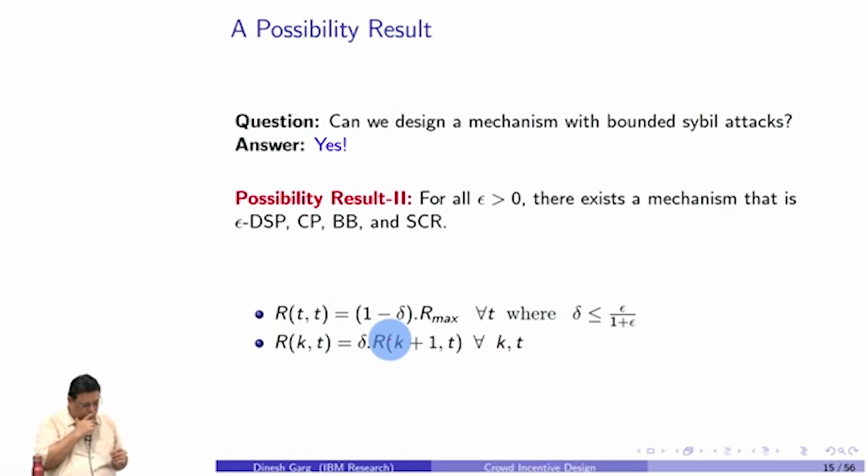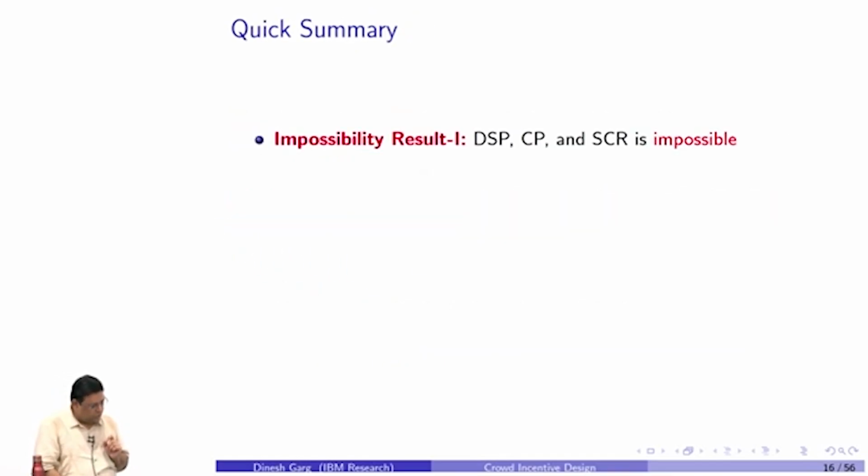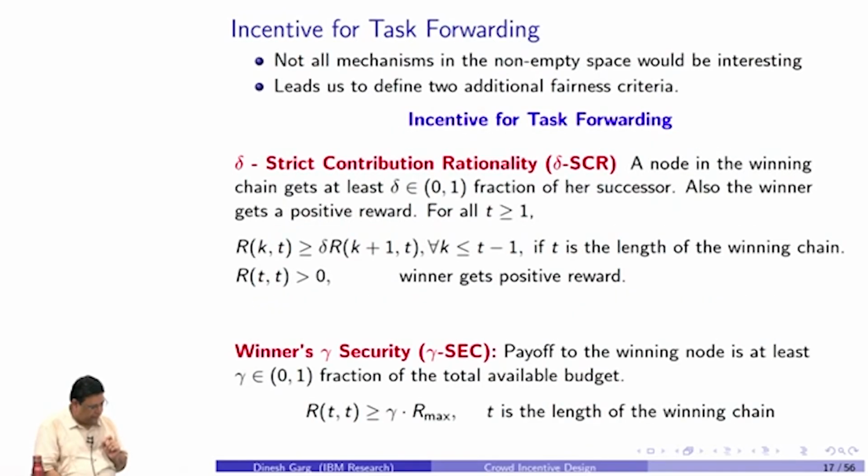Now, what if epsilon goes to 0? Then it will be a problem, right? Because if epsilon goes to 0, it means it will be Sybil proof, but it cannot, it will be a problem. This scheme cannot have epsilon equal to 0. That's where in the definition it is written, it is strictly greater than 0. It's a bit crucial, think about it later on, okay. Alright, so I'll just skip this, we saw that.